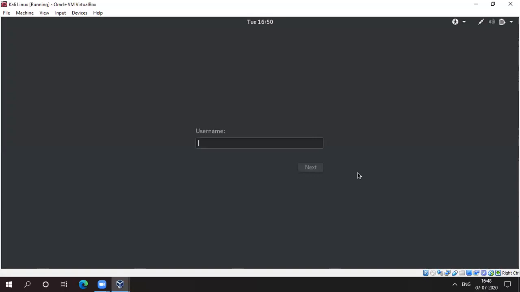So the username will be, I have put, Kali, and the next, the password. Whatever password I have used, I have to use this password only, and then sign in.